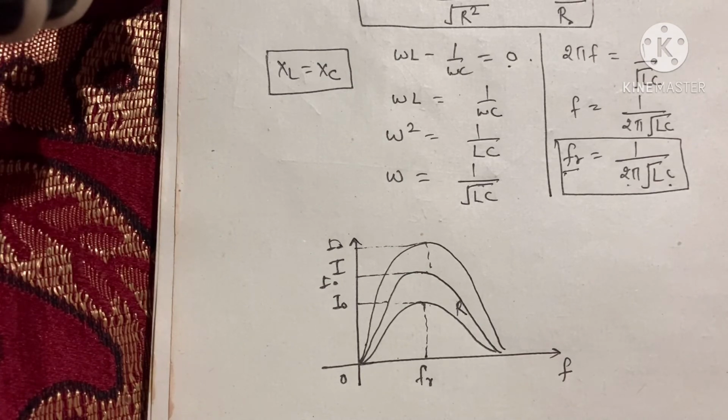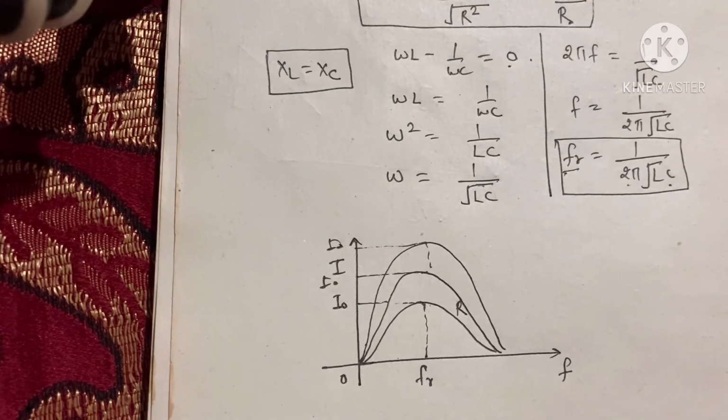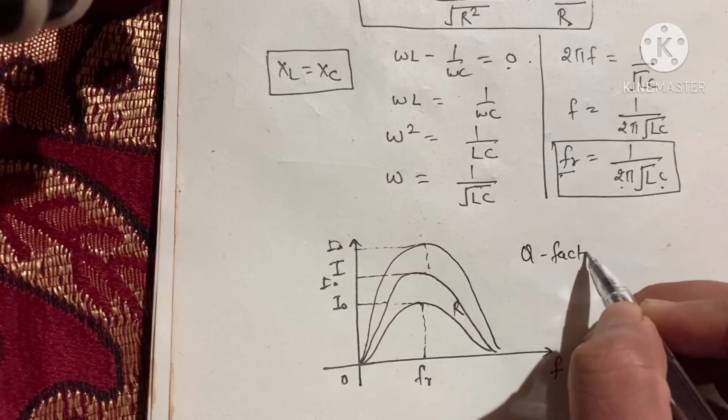They may ask it in a multiple choice question in an entrance exam. Because we know the frequency formula is 1 over 2 pi root LC, and there is no resistor in it, the resonant frequency does not depend on R, but the sharpness of resonance obviously depends on R. Thus the resonance is sharp for small R and flat for large R. So the sharpness of resonance is measured by one factor, called the quality factor or Q factor.